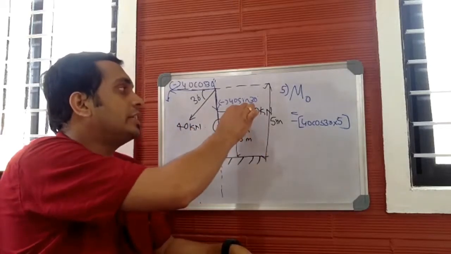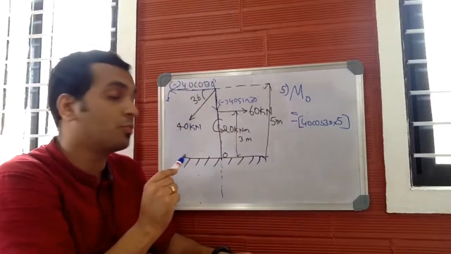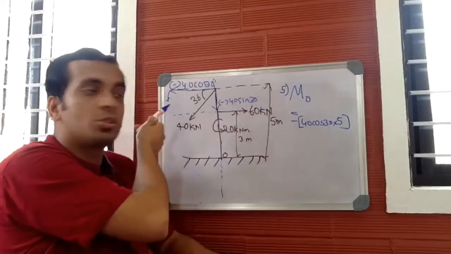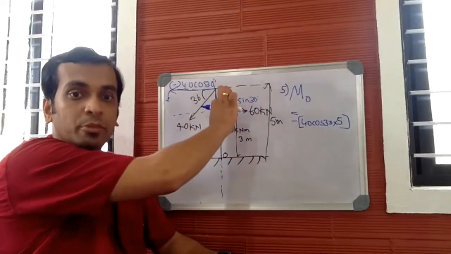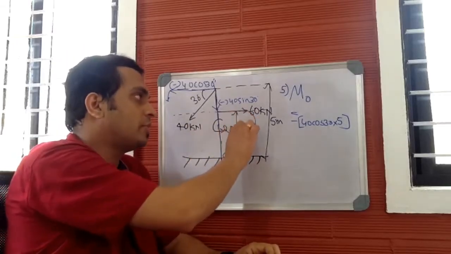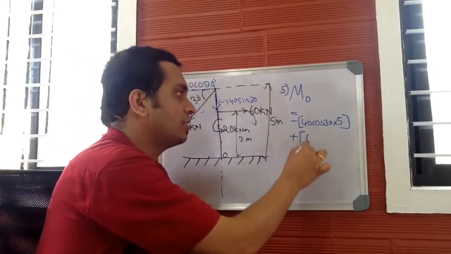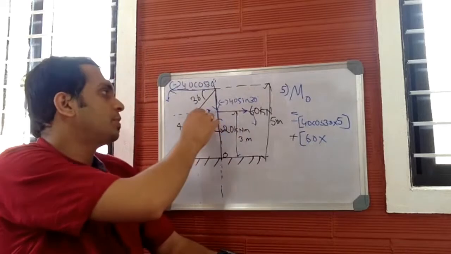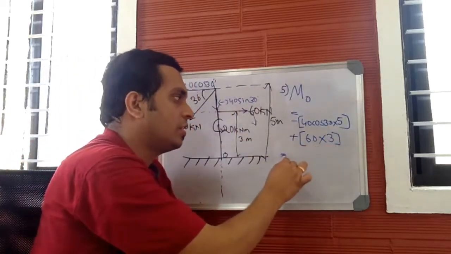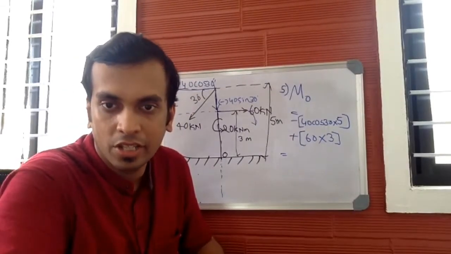Now let us check whether this force of 60 kilonewton magnitude produces clockwise or anti-clockwise moment about O. So let me draw the line of action. This is the line of action. Line of action is horizontal. Force moves horizontal to the left, and the point about which we need moment lies below the line of action. So this force should produce moment in this direction, which is clockwise, plus 60 into, what's the perpendicular distance from this point to O? It is 3. So you will get the value of moment as,